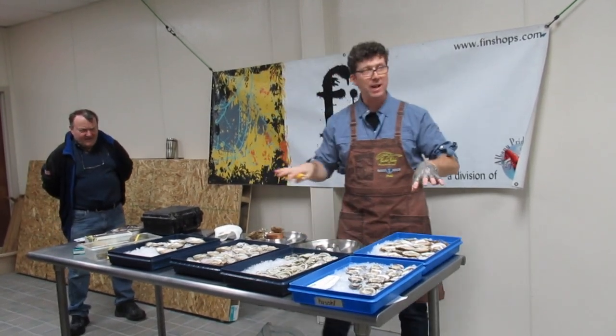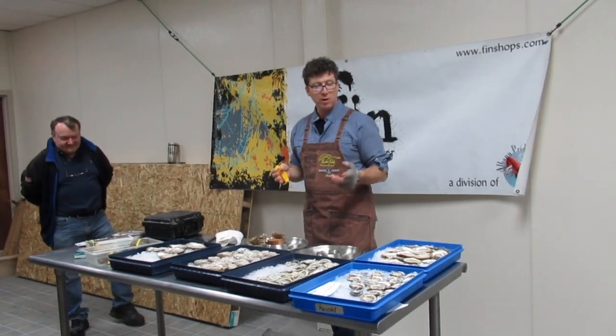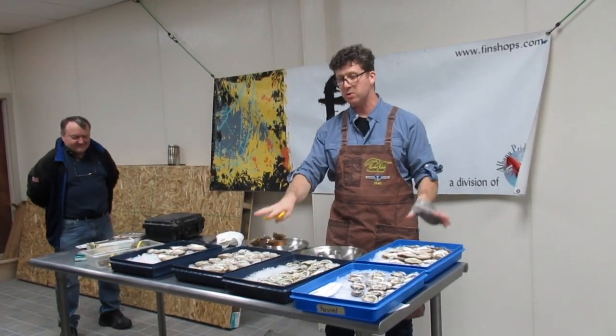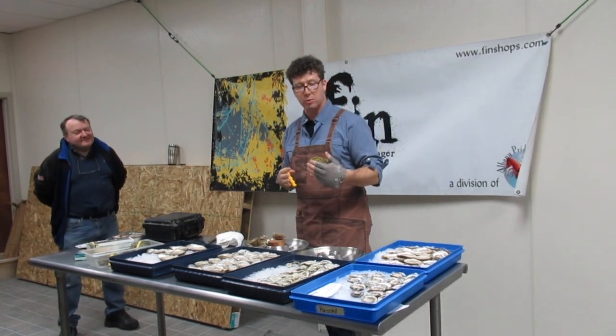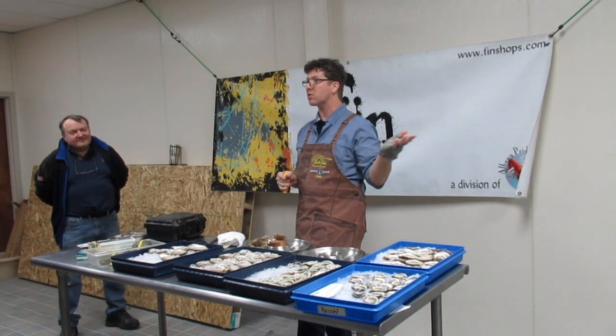I haven't tasted any of these yet, because I just got here, and we were just shucking, just got out of the car. But we're going to try the two East Coast oysters and see what you think about the flavor between the two of them. So usually I start with an East Coast oyster, then I go to a West Coast oyster,